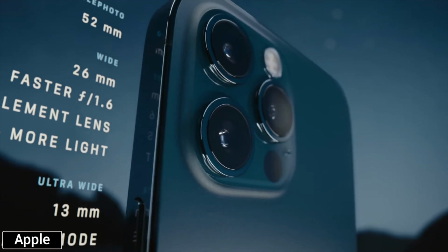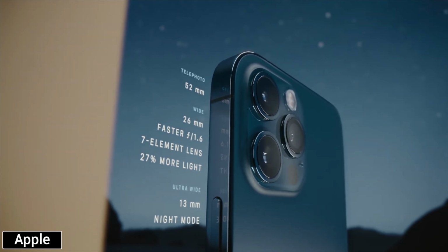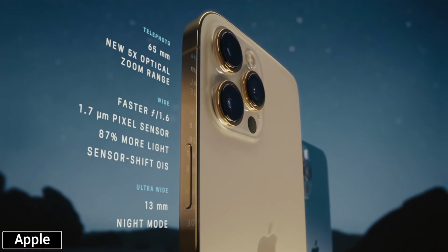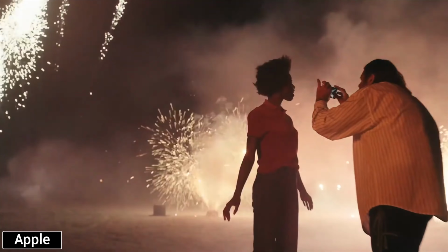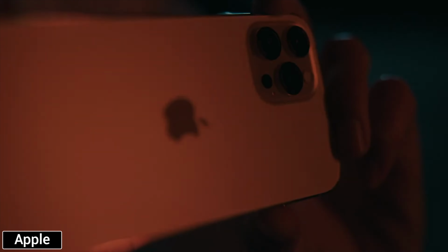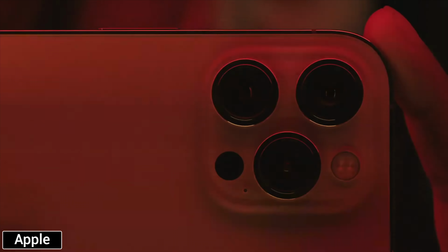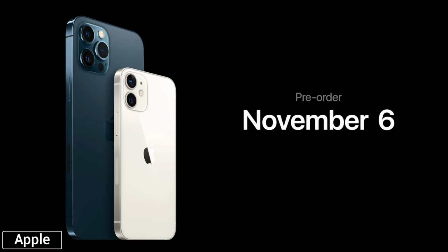Now, if you're someone who's all about the cameras, and that's the biggest priority for you, then I would definitely upgrade because the 12 Pro comes with new camera sensors, which have faster readouts, allowing Apple to add those extra features like the 3rd generation of Smart HDR and everything else. And don't forget that the 12 Pro Max gets even more camera features on top of that, and we'll definitely be testing them. It just sucks that you have to wait another month before we can finally start ordering the